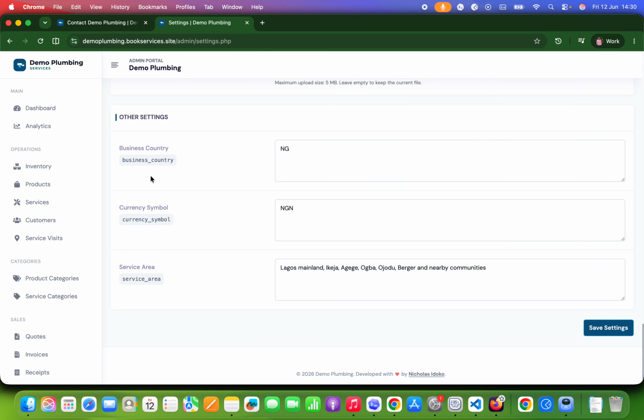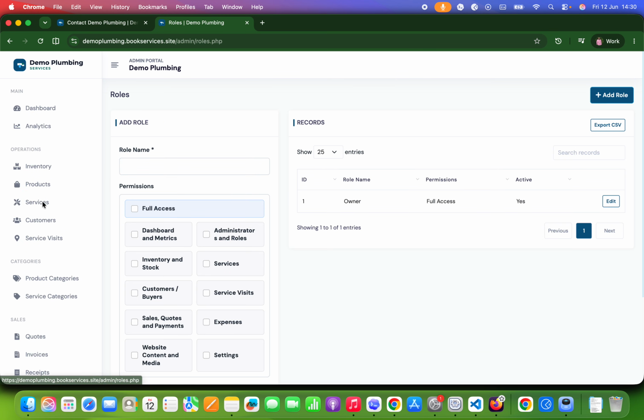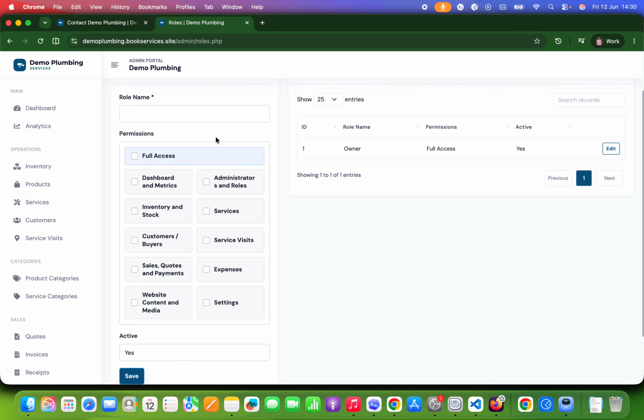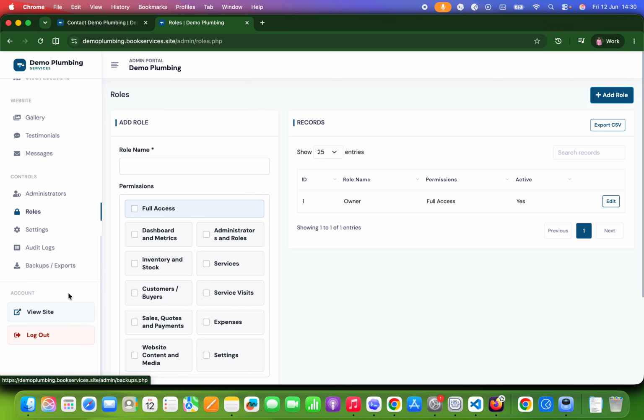You can actually include that here, including your service area. It's very, very straightforward, right? So on the roles, if you have multiple people on your team, you can create multiple roles for them, where they can access specific things. You just need to give them their login, not your login. I'll show you how to set it up here